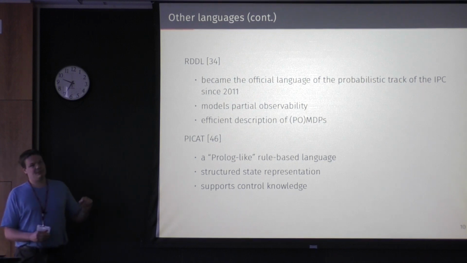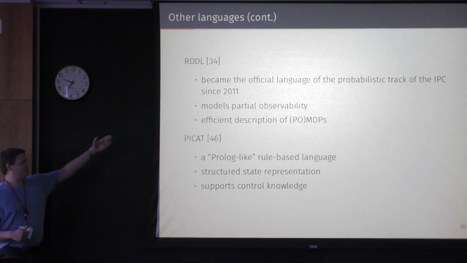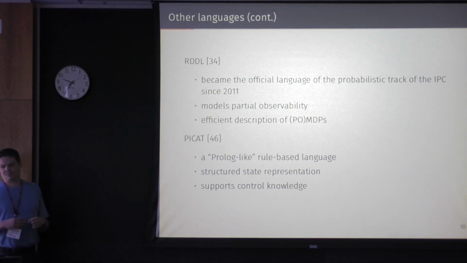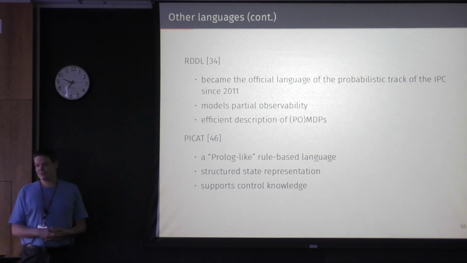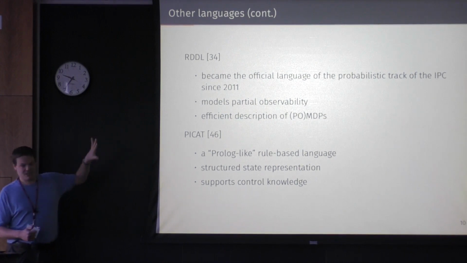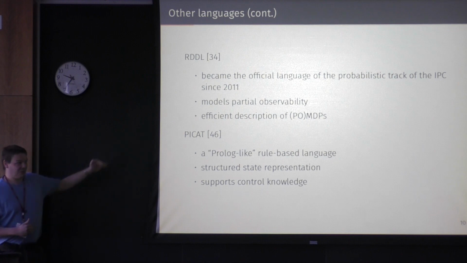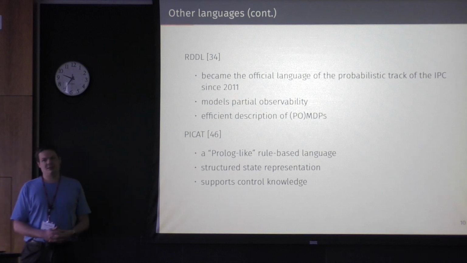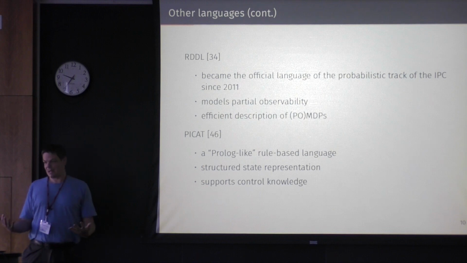The difference between RDDL and PPDDL is that it can also model partial observability, but more specifically that it is efficient when describing Markov decision processes. A lot of these probabilistic planning techniques are based on those, so this sort of representation helps the planners. And recently there is a Pycat language, which is some sort of Prolog-like rule-based